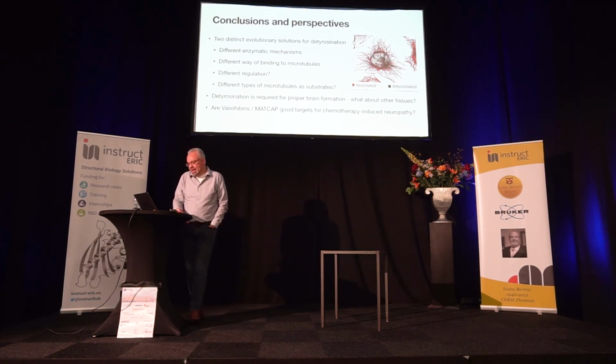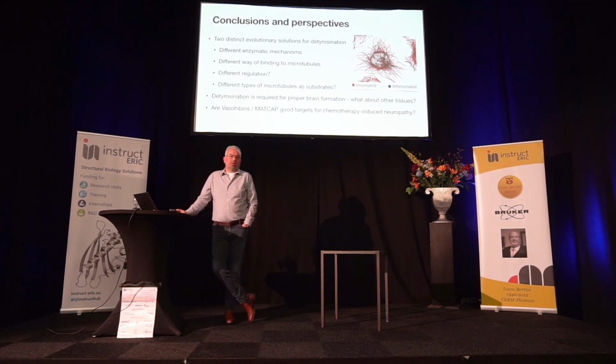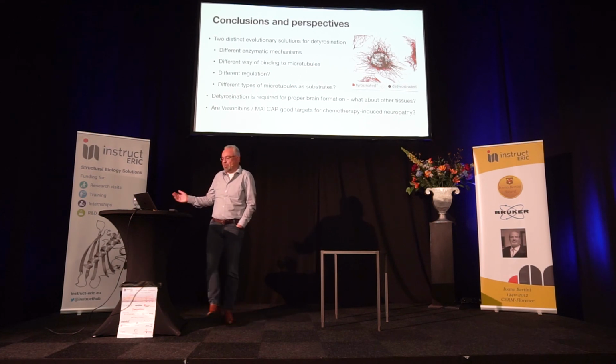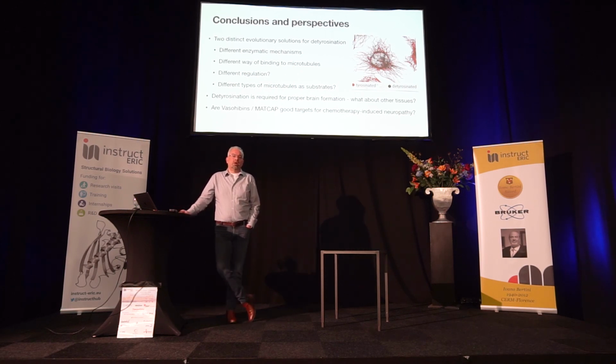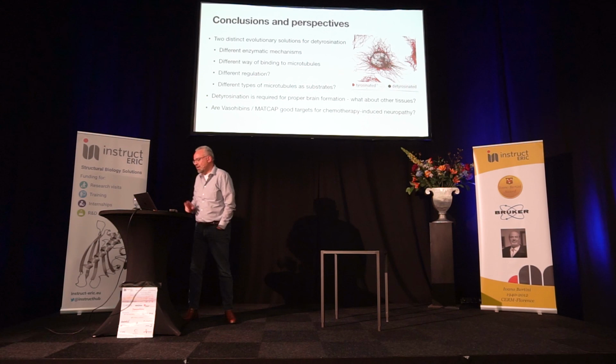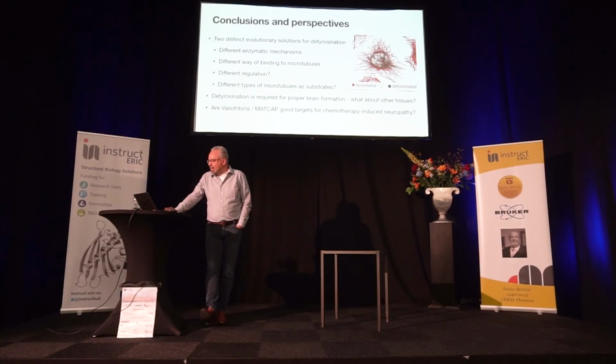Open questions. We also know that detyrosination is required for brain formation, but brain was the obvious phenotype, so get it done. What's the involvement in cardiac function? What happens if you treat mice with chemotherapeutics and check neuropathy? Are knockout mice not susceptible to paclitaxel-induced neuropathy? And of course, that brings up the question: are these enzymes perhaps good targets for cancer patients that receive this kind of chemo and develop neuropathy? At least there's one company that thinks it's a good target, so that's good. Anyway,